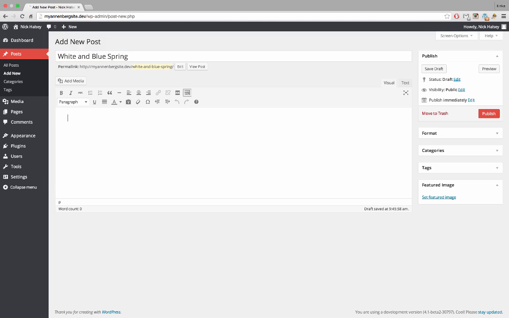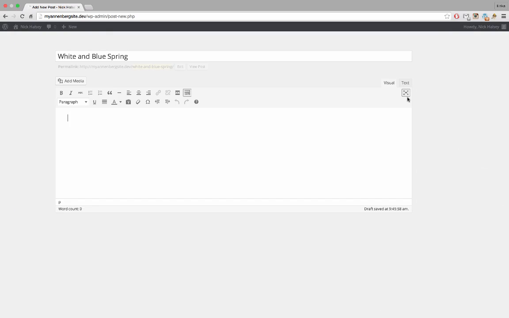So as you can see, you can just start writing your content in the editor here. There are a few things that you can change about the writing experience within WordPress, and I do want to point those out before I start writing this post. One of my favorites is actually called the distraction-free writing mode, and that's this little button over here. When you click on that, everything will fade away except for the main content area where you're writing. And so if I just start writing,